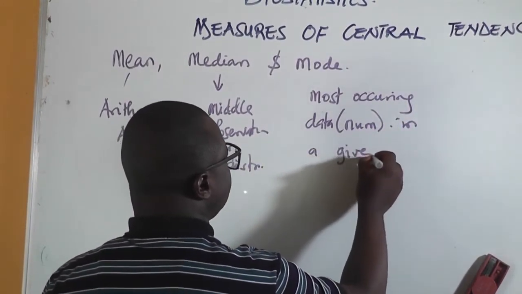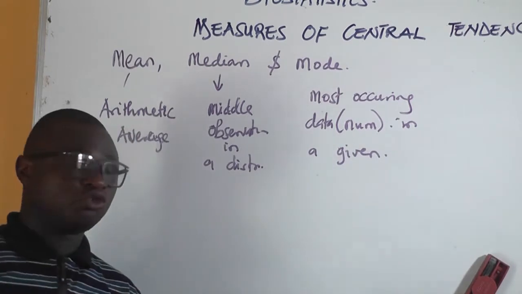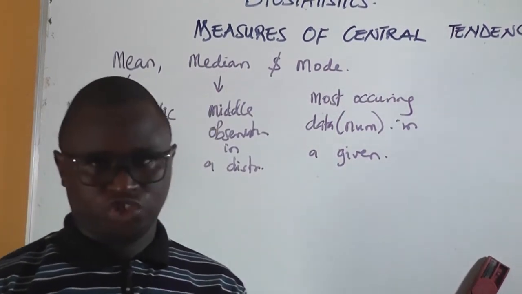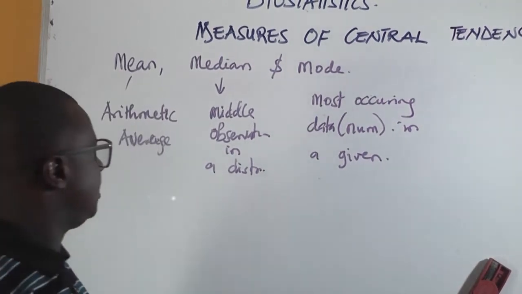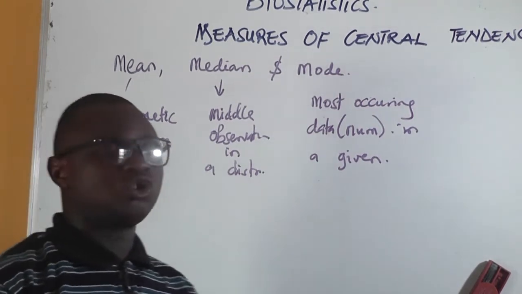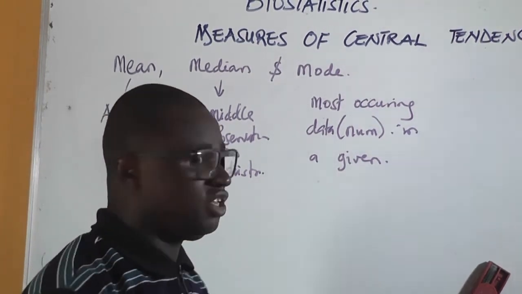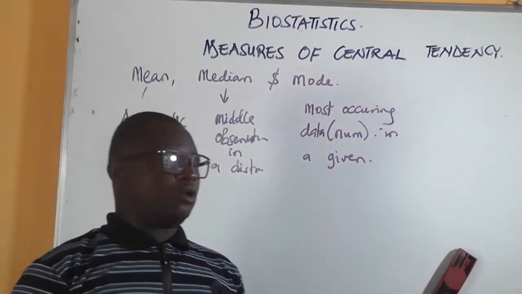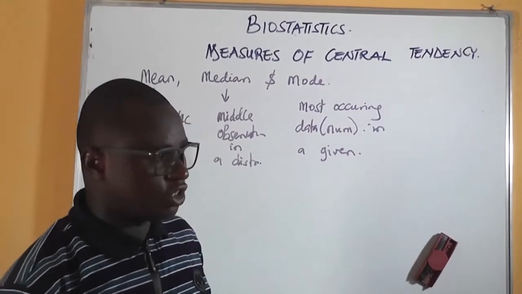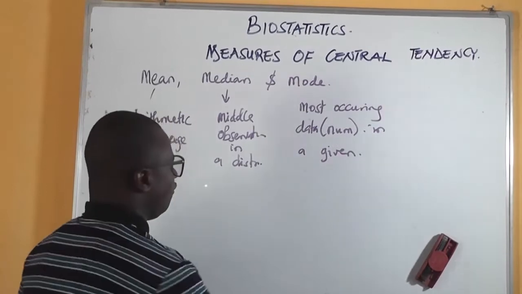given distribution. So let me run through them again. What is mean? Mean is just the arithmetic average, all right? Then median is the middle observation. Then mode is the most occurring number in a given distribution. Now, our emphasis is going to be on the calculations for the measures of central tendency. Now, for the calculation,